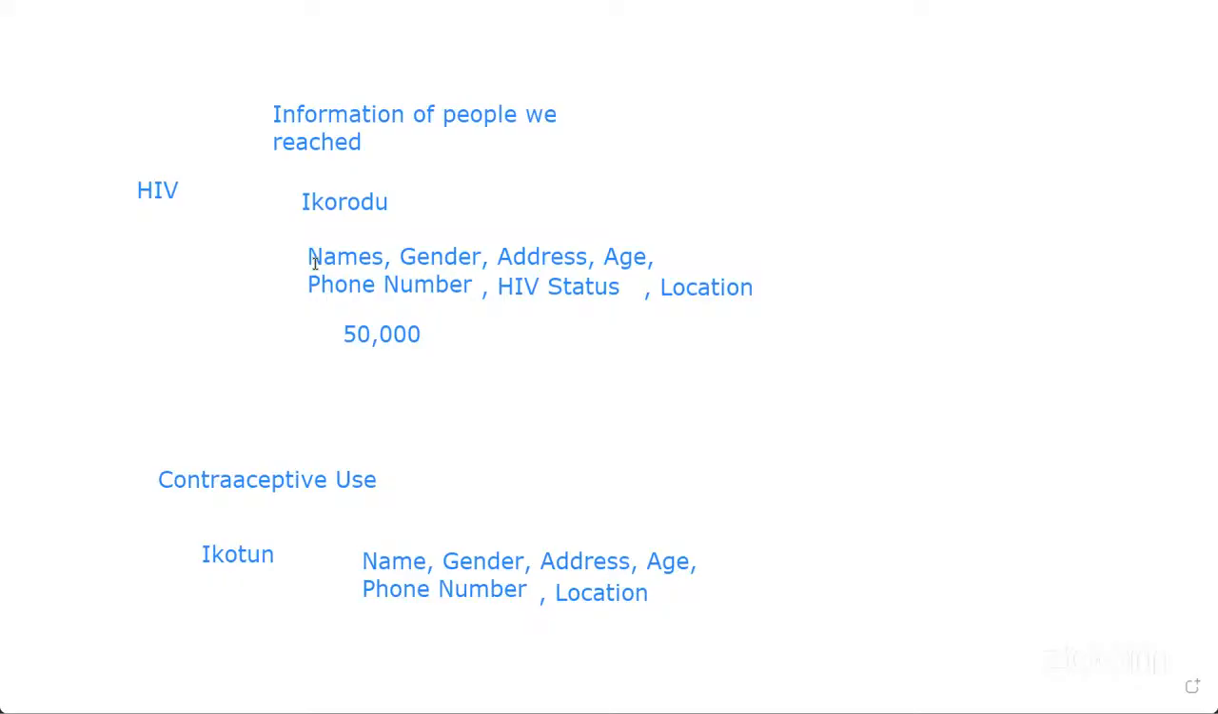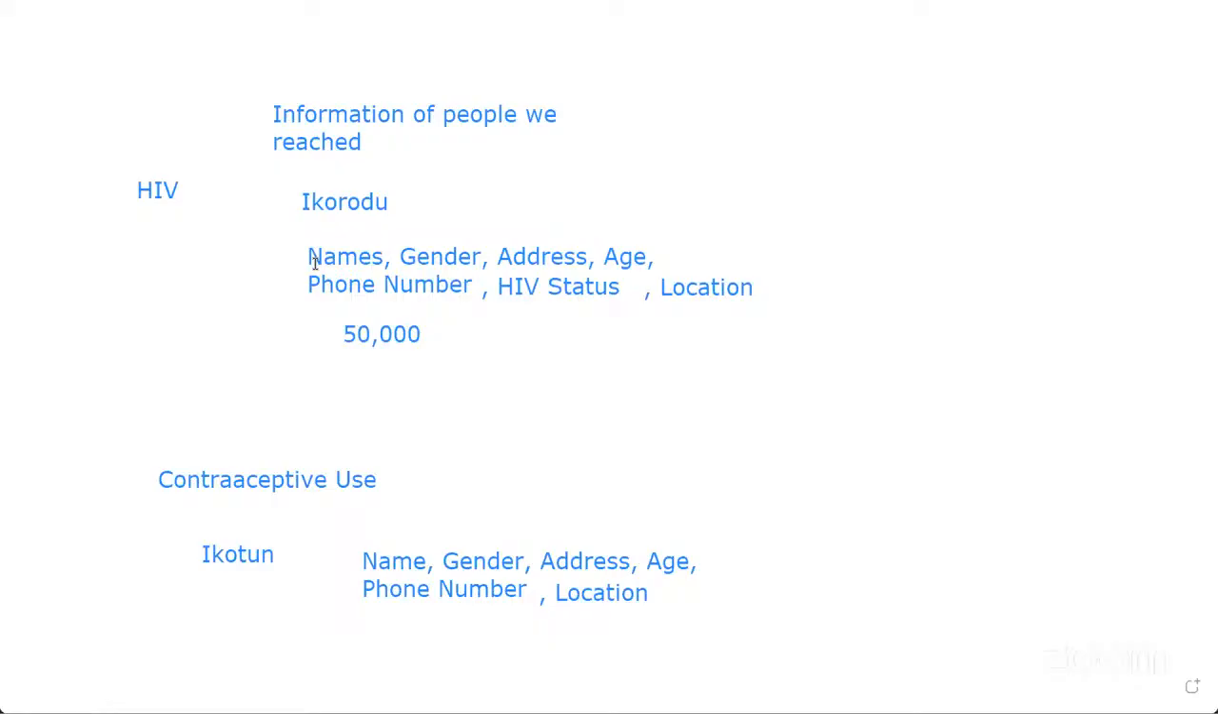All right, so we have reached out to people in Ikorodu. We have collected their names, their gender, their address, their age, their phone number, their HIV status. We have collected the location where we reached out to them. Now,